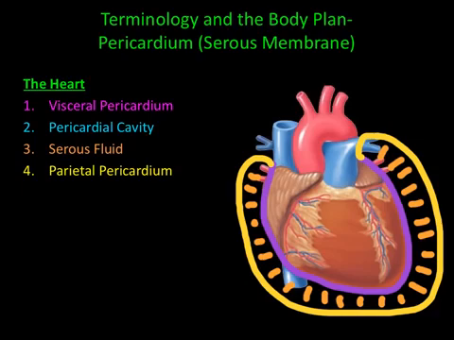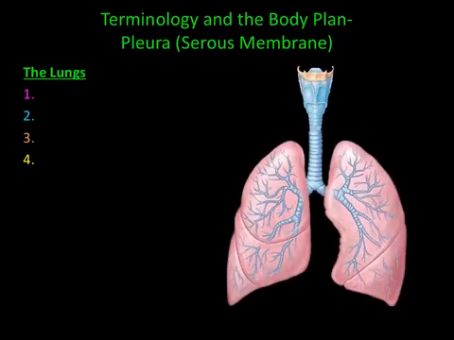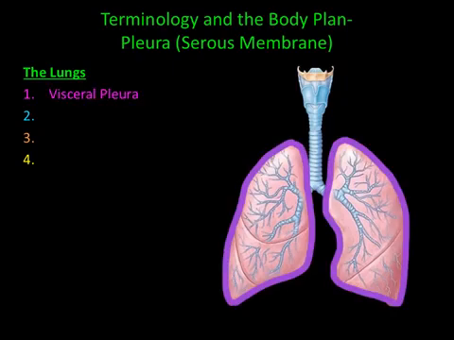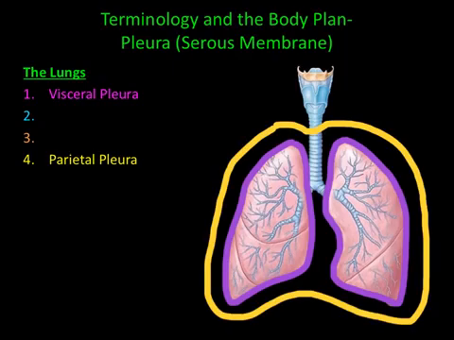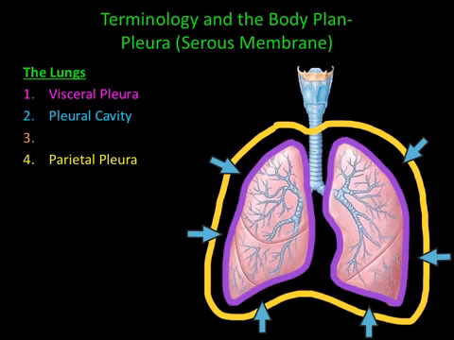or pericardial fluid. The membrane that surrounds the lungs is called the pleura, and the pleura has four parts as well. The first part is called the visceral pleura, and this is the membrane that attaches directly to the lungs. The second part is called the parietal pleura, and this is the outermost membrane. In between the visceral pleura and parietal pleura is a space called the pleural cavity, and within the pleural cavity